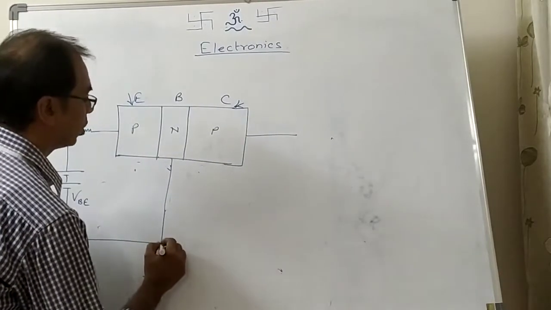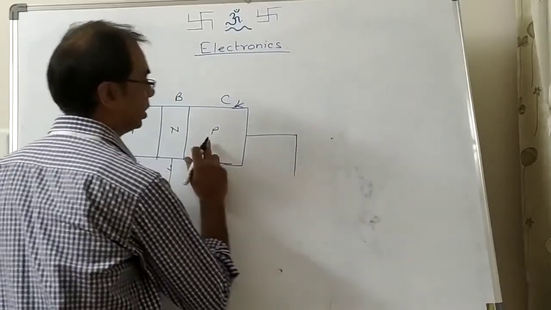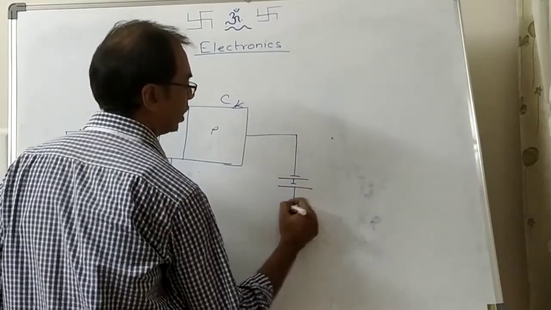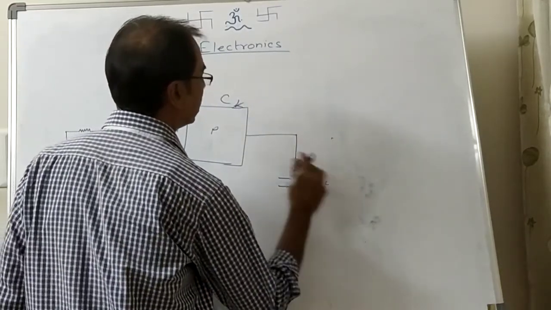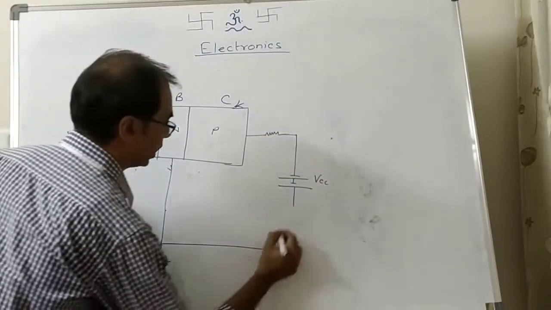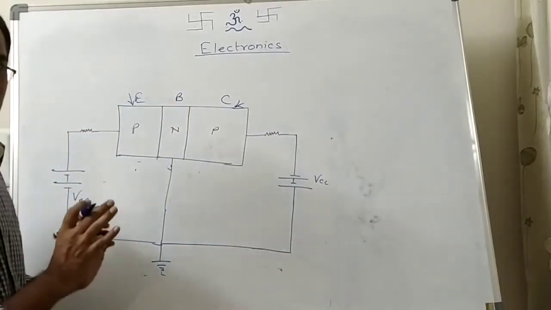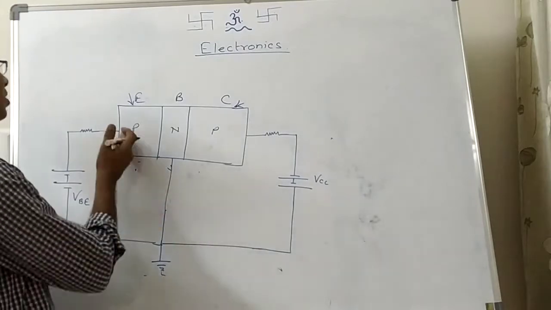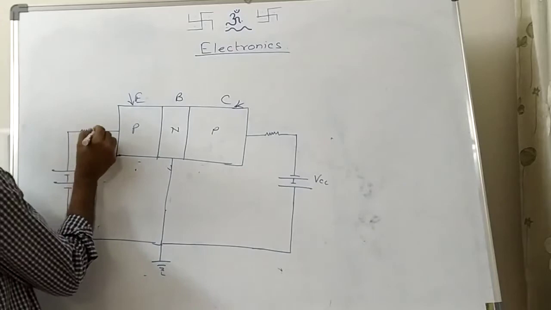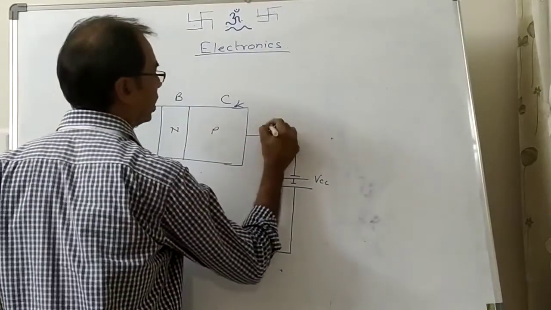Then this common is again connected with the collector, but the collector is reverse biased. So this is positive, so this will be connected with the negative. This you can call VCC, and here also we can have a resistor, and we can connect it like this. So this is a normal circuit of a common base transistor. Common emitter is also there; we can make it over here, there is no problem in it. Now this resistor I would call Ri, and this is normally called RL.